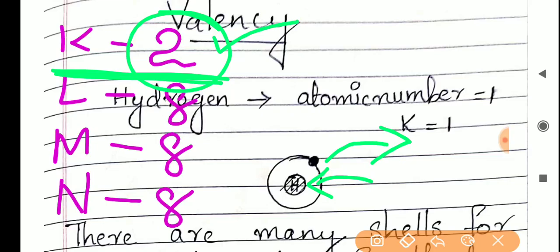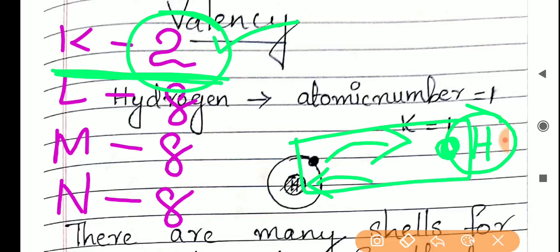Otherwise, if one more hydrogen is there, with one electron, both the hydrogens need one electron each, right? So what will they do? They will say, if you share your one electron with me, I will also share mine. In the same way, both the hydrogens will mutually share their electron with each other, so that both get 2 electrons together. Understand? So for attaining stability, an atom can either lose an electron, gain an electron, or mutually share an electron.